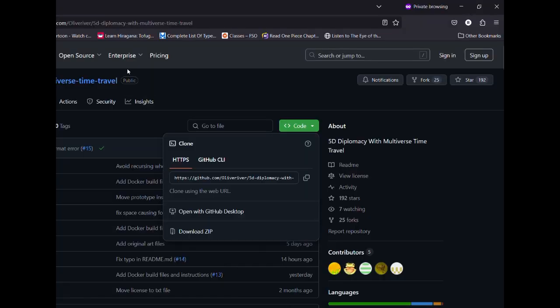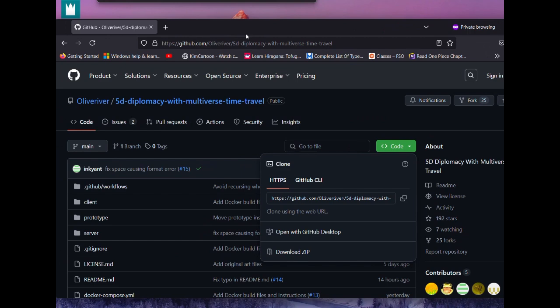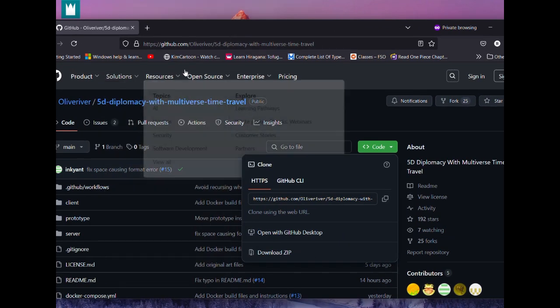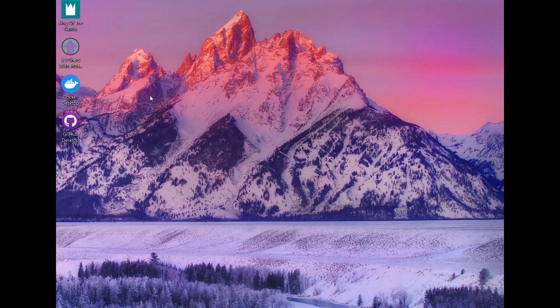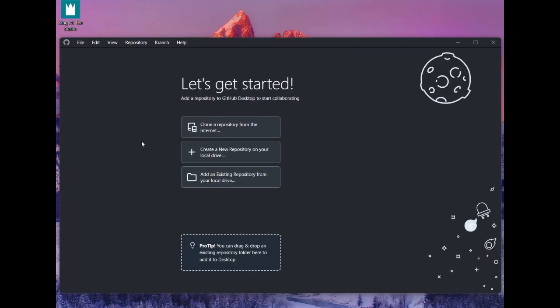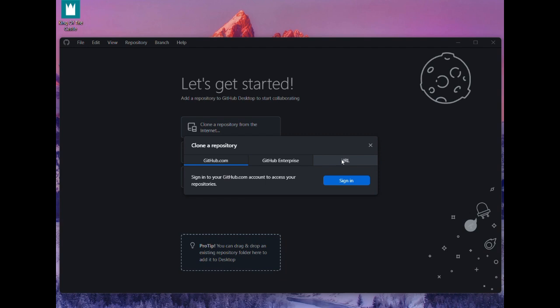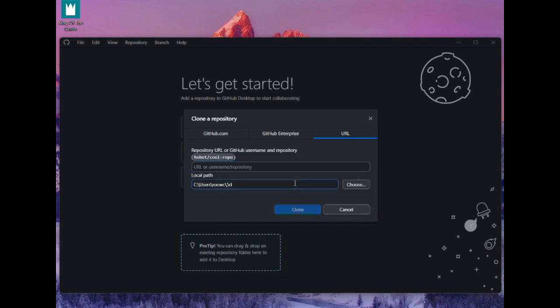First thing you want to do is you want to go to the GitHub link right here. You want to go to the code. You want to copy to clipboard. All right. You want to go to GitHub Desktop. You want to clone a repository from the internet. You want to go to URL, and